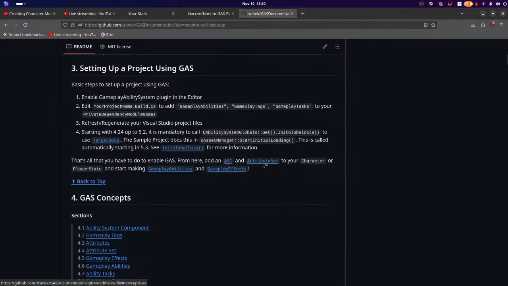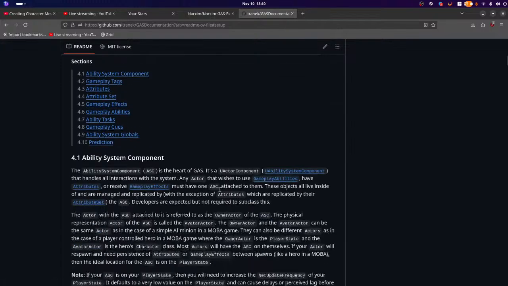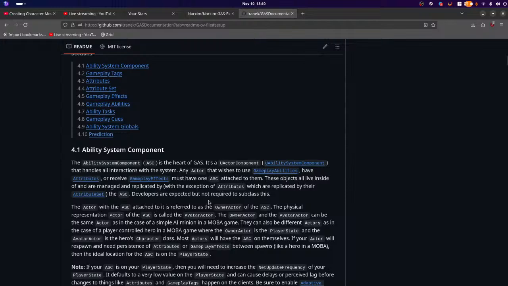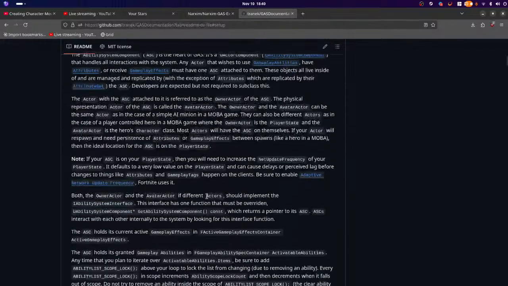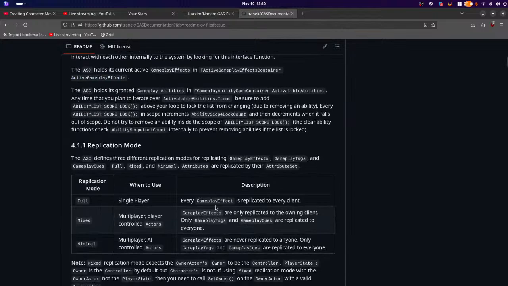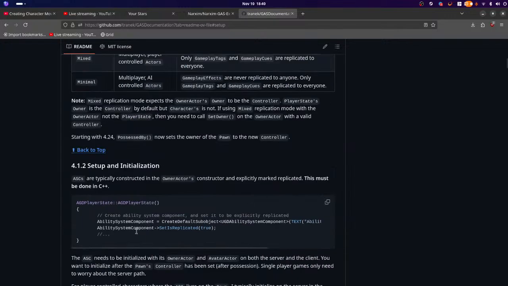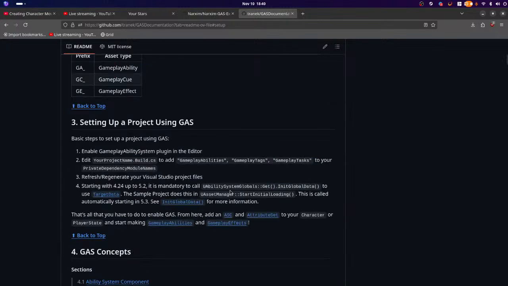So add an ASC, an attribute to your character or player state, and start making gameplay abilities and gameplay effects. Before, this was a lot more of a pain in the ass. All right, so we've got... Here we go. Set up an initializer constructing owner actor's constructor, explicitly marked replicated. Owner actor is going to be